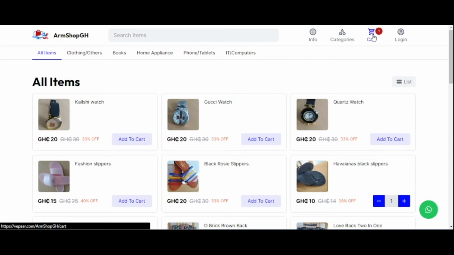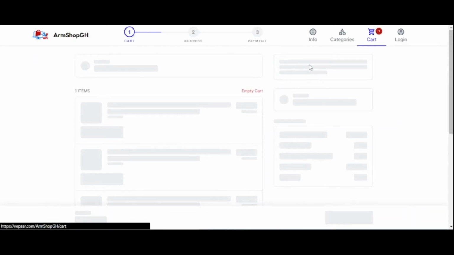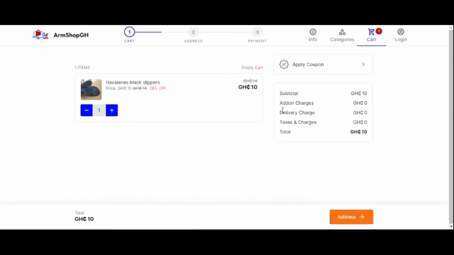Then I'll click on my cart. Then it will view. If my cart view, this is the process. Remember when Princess was taking us through, she was saying that a payment gateway is kind of a process. So using the payment gateway to receive payment is a kind of a process, where she said,